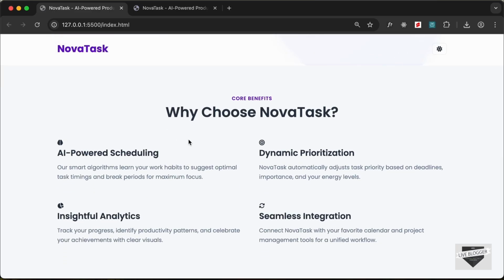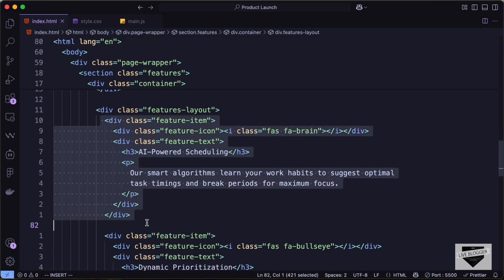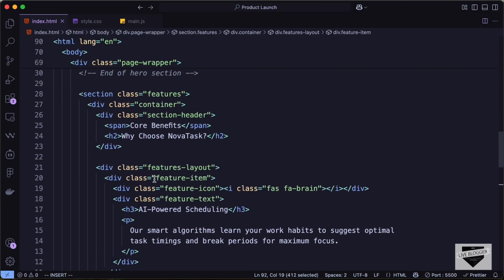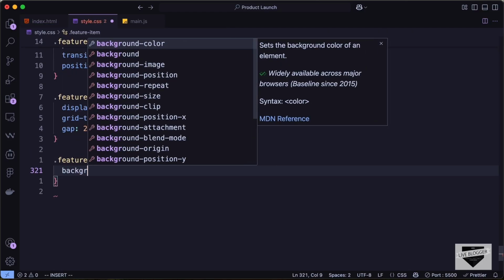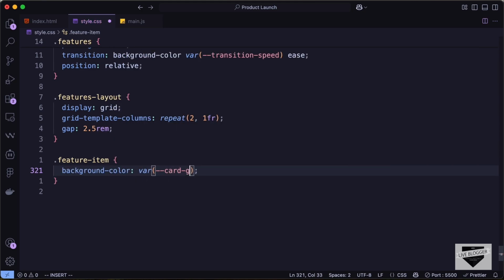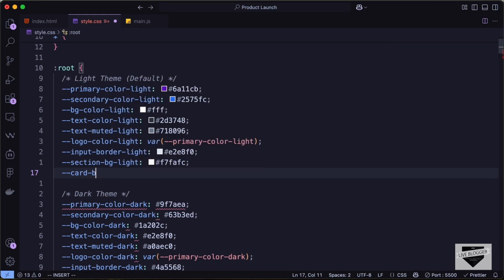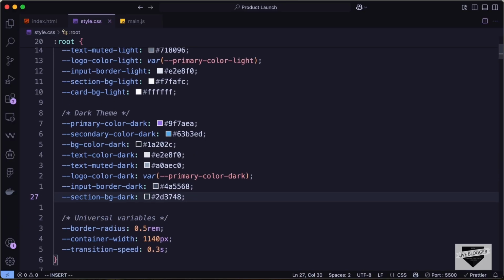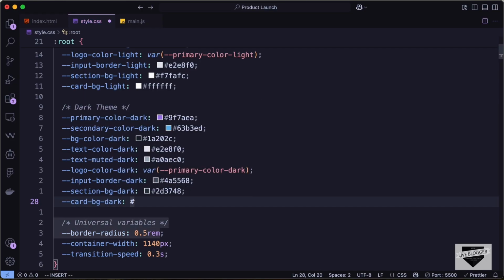Right now let's target these feature item divisions. So here we can see that we have these feature item divisions for each of the single features. So let's target this division. Here I'll just type feature item, and let's add a background color over here. So we will create a variable called card bg. So let's scroll up and let's create the variable. So here let's type card bg light for the light version, and let's set the color to white. And here for the dark theme, let's go ahead and type card bg dark, and let's set the color to